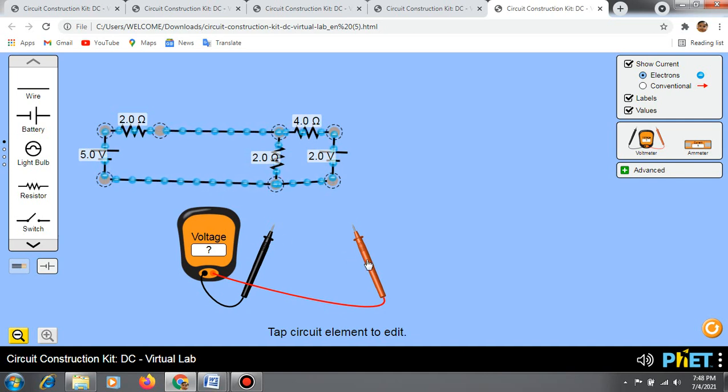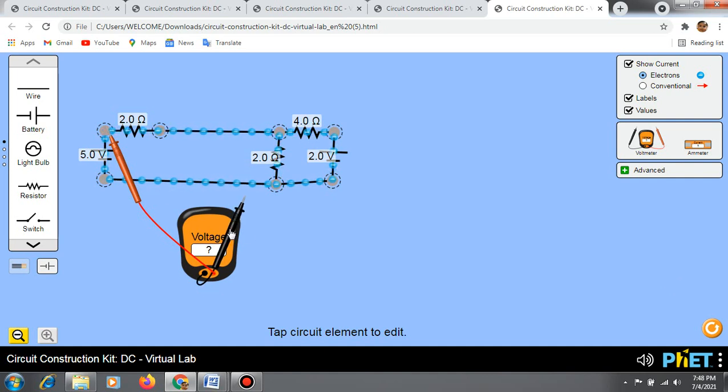So click your positive side of the voltmeter and keep it here, and negative probe to this side of the 2 ohm resistor. You can see the value of voltage.